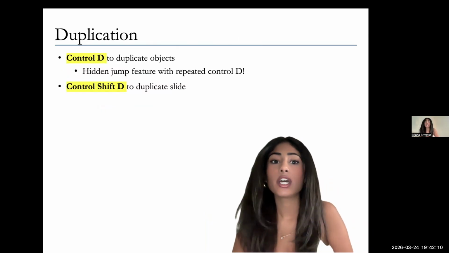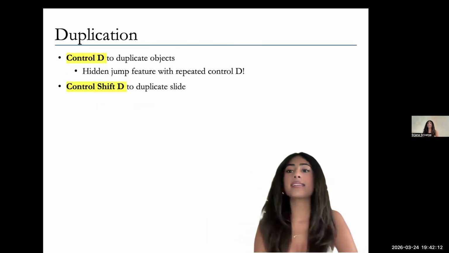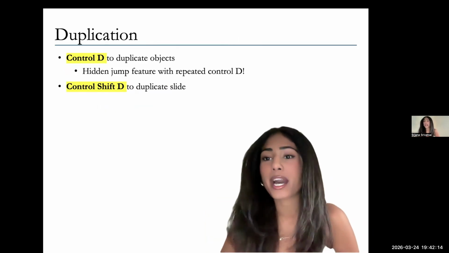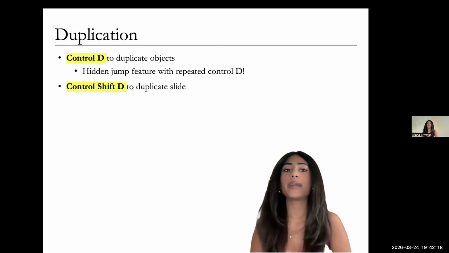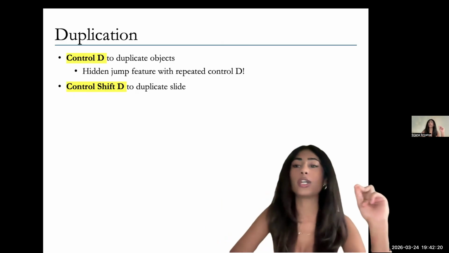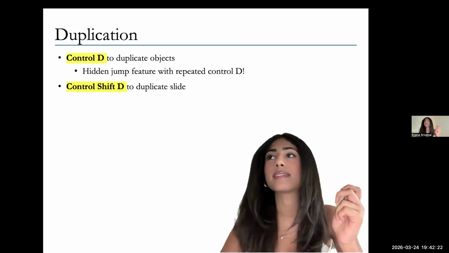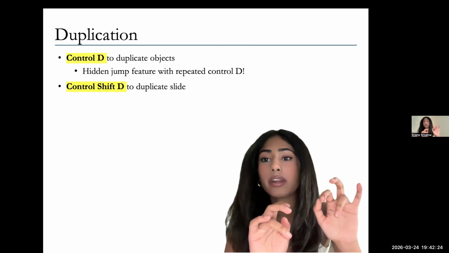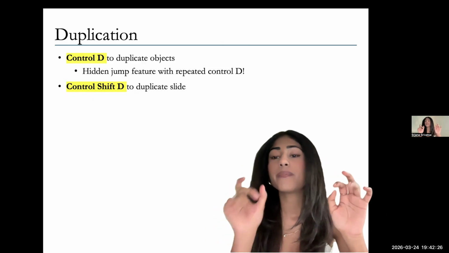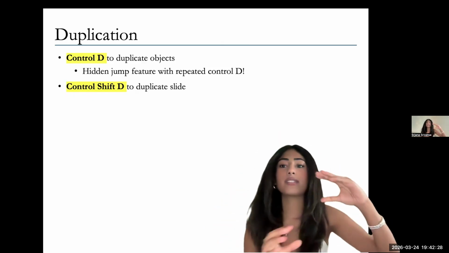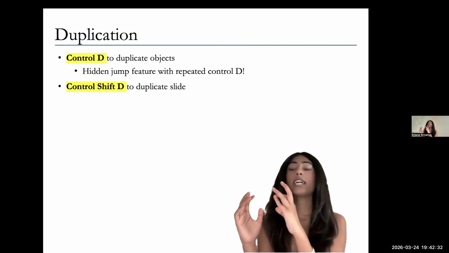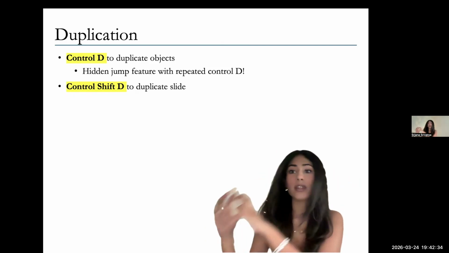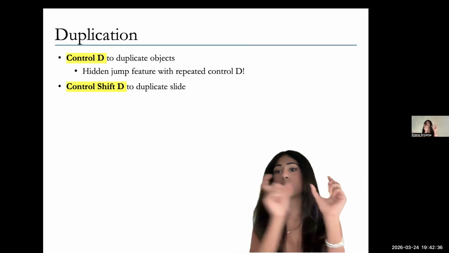Duplication. Control-D duplicates objects, and I'm presenting this right now on my MacBook. Otherwise, I would unshare my screen right now and show you these shortcuts in PowerPoint. But Control-D has this hidden jump feature. What this basically means is if you do Control-D on an object and then you drag it a little bit, let's just say I have an element here, and then I Control-D it over here, and then I hit Control-D again, it'll automatically duplicate the next element with the same